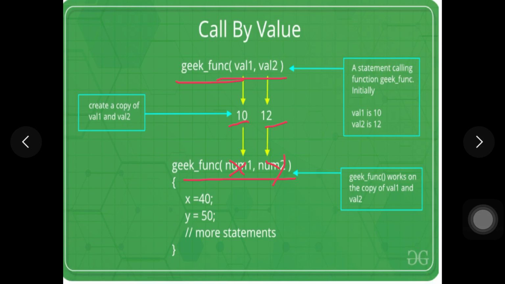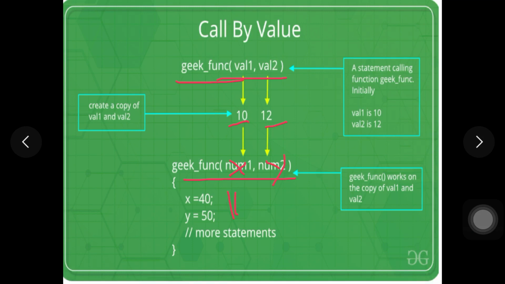The way we send the parameters, in the same way they get copied in the called function. Now you can see inside the function you have two statements written here, that is x equal to 40 and y equal to 50. Initially x was 10, y was 12, which it received from the main function. Now we are changing x to 40 and y to 50. So what happens here?